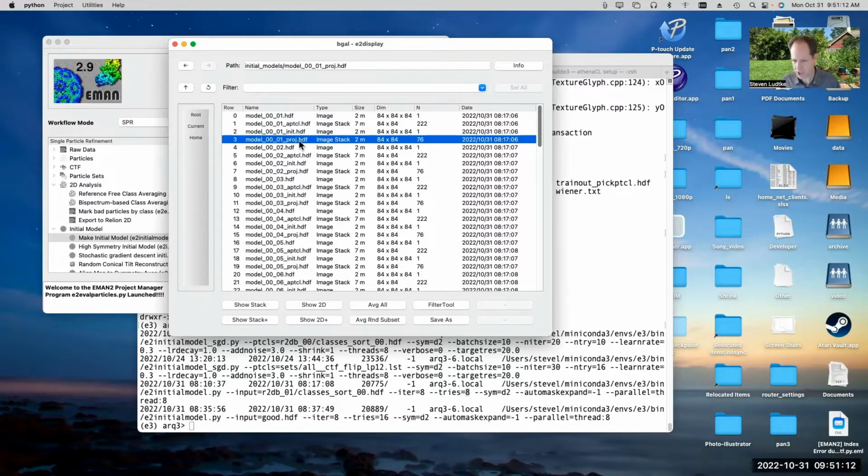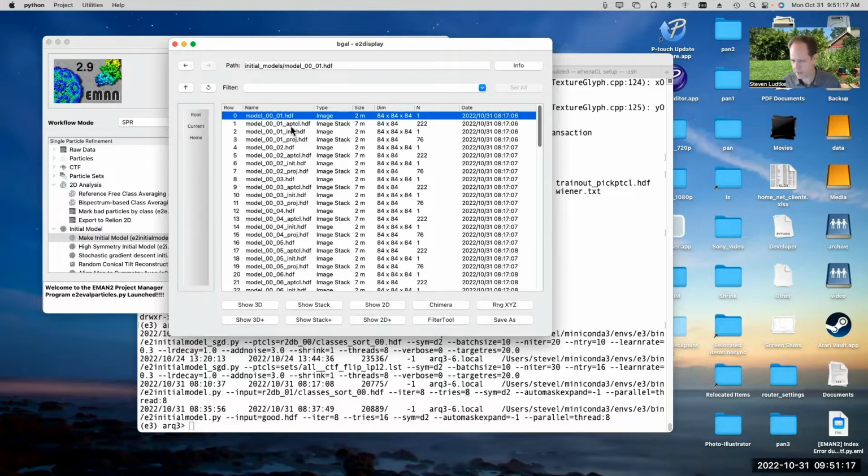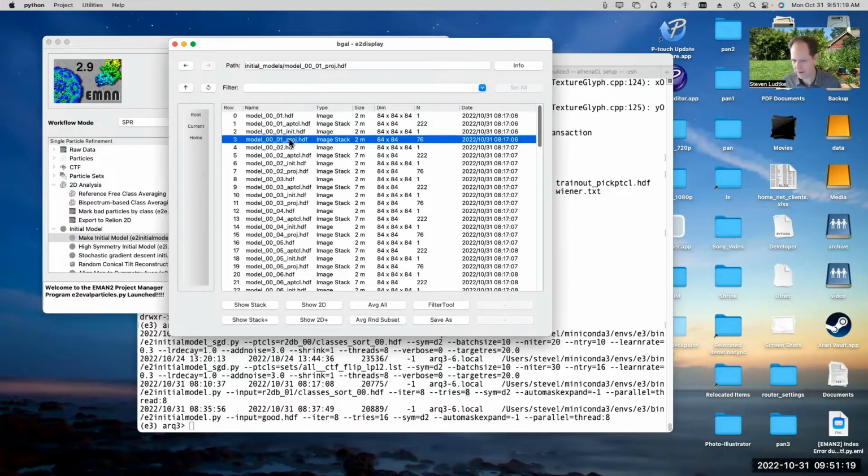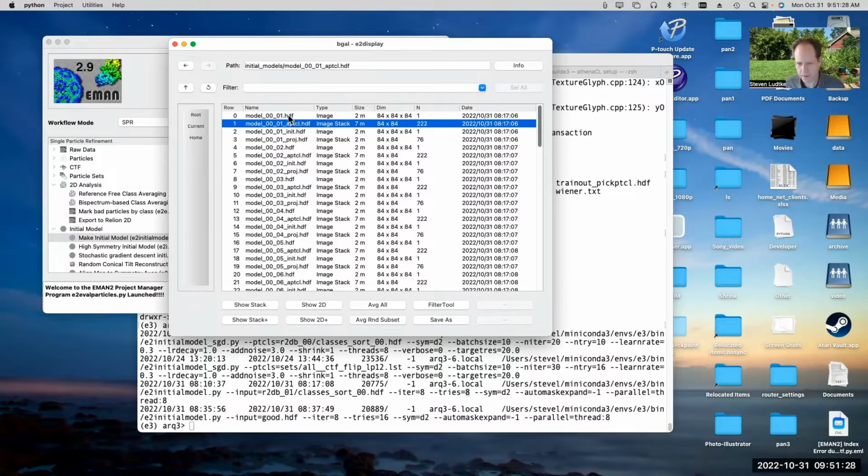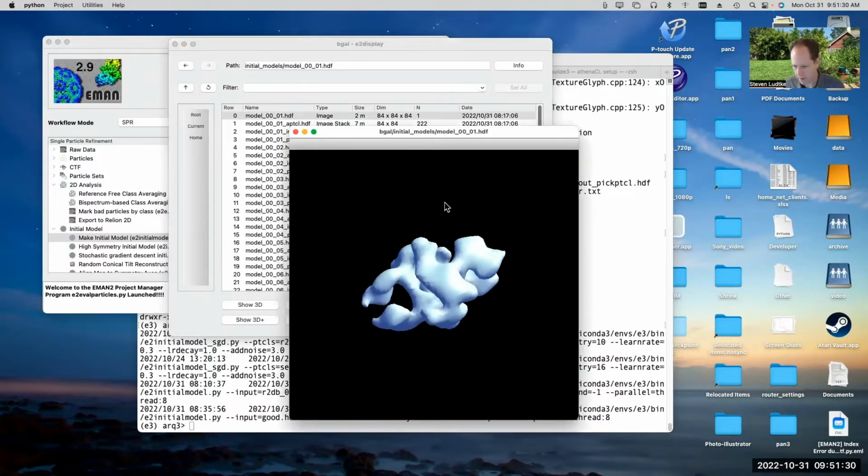And then it has a projections file, which shows you projections of this in all different orientations. Now you can generate this sort of on the fly using other programs available in the system. But it's just there for convenience, basically. All right, so let's take a look at the model that we got,